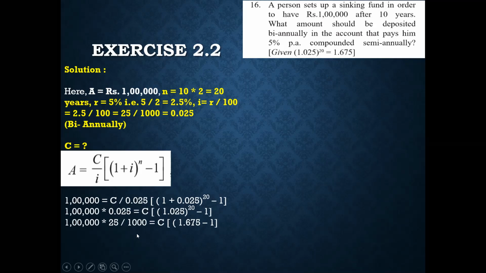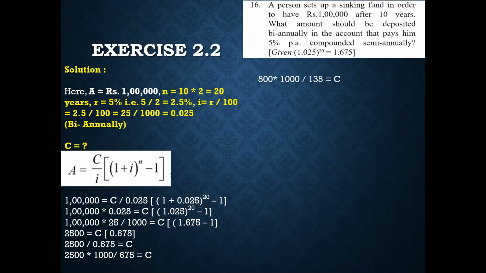I have removed the decimal over here. So I'm left with 2500 is equal to C into 0.675. So I'll take 0.675 that side, divide and remove the decimal again. Working you can do as per your convenience. I am showing you all the easiest way to go about so that less of cancellation will be required. Then I've cancelled it by 5. That is 500s and 5 135s are 675. Again, I have cancelled by 5. So 500s and 5 27s are.